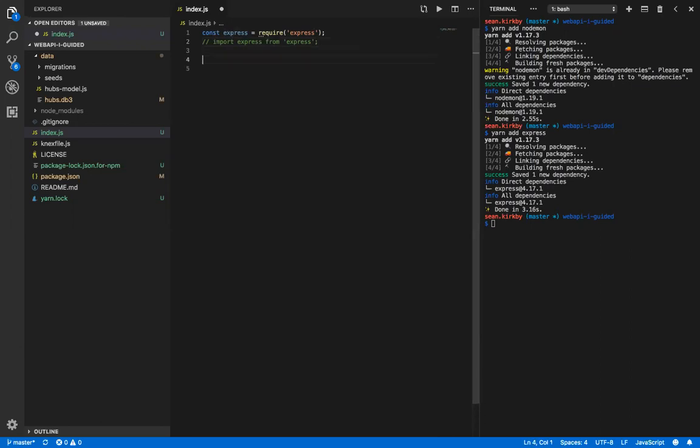Once we have it, now we want to create an object that we can use to interact with the Express module. I'm going to call mine server. And the object that we brought in with our require method is called Express, and it is itself a function. So we'll just call Express, and that will instantiate Express in our environment and assign it to a variable called server. Now, server has a method on it